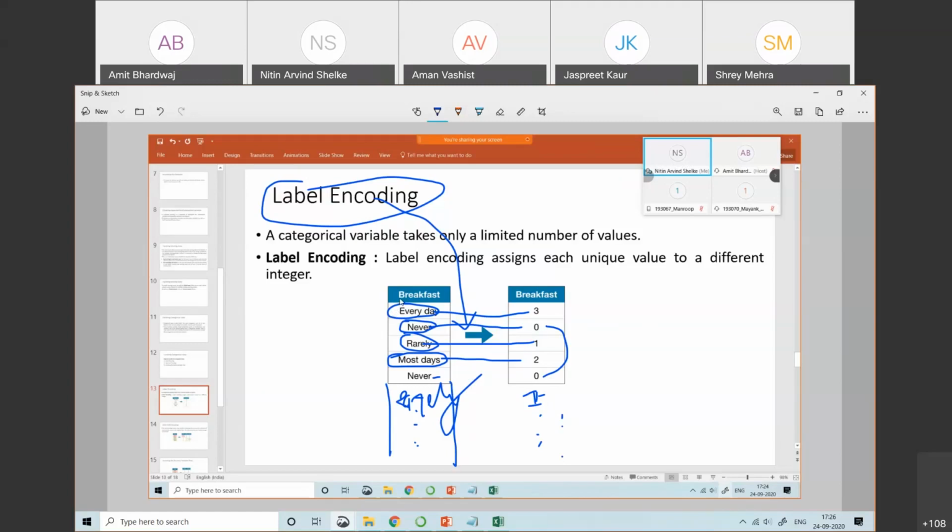Now, is it sufficient for us to stop by doing the label encoding? The answer is no, because we have some problem with this column also. We'll discuss that problem, and that's why there is a need for one hot encoding.